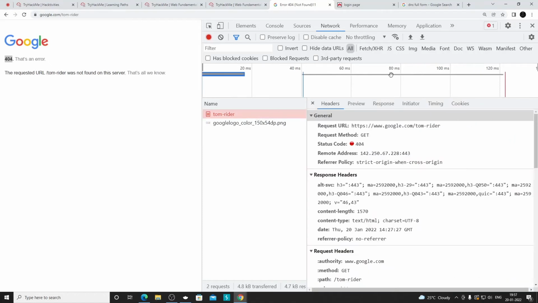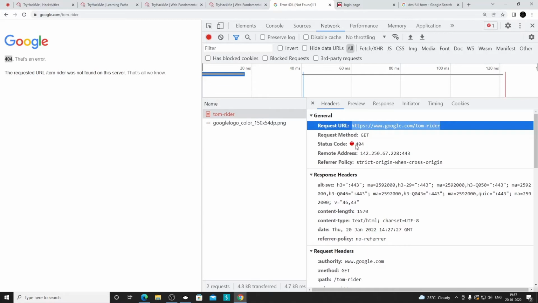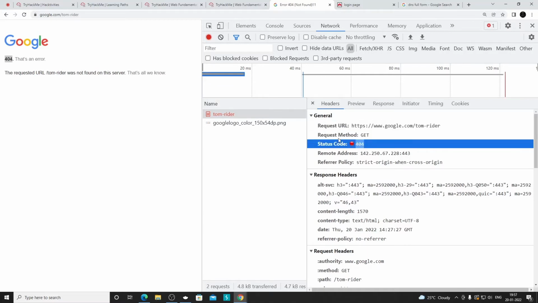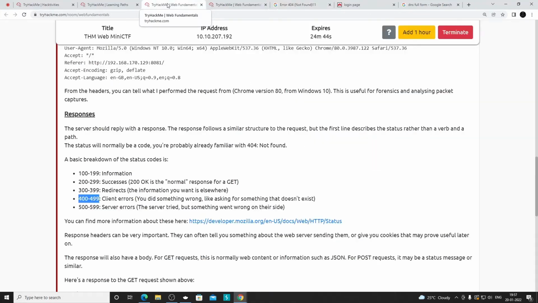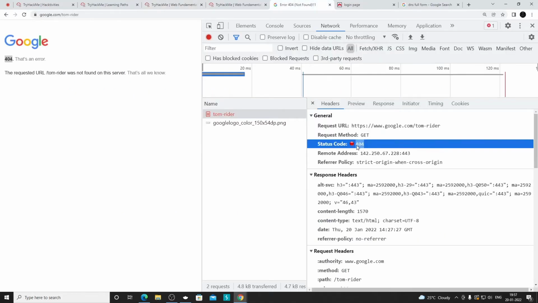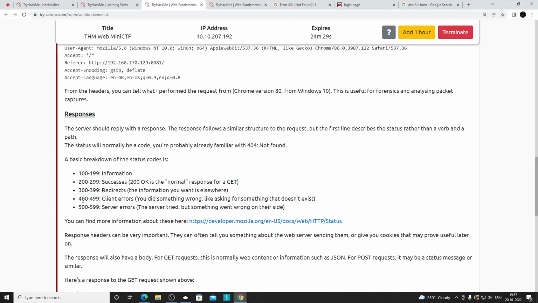In the developer tools as well, when we requested this one, in the response we got 404. Why? Because that doesn't exist. So if you are sending an invalid request, you will get a number anywhere between 400 to 499. Most of the time, this specific code 404 means that the target page or target URL is not found. Similarly there are others, but in short, whenever you are sending an invalid request, you will get it.